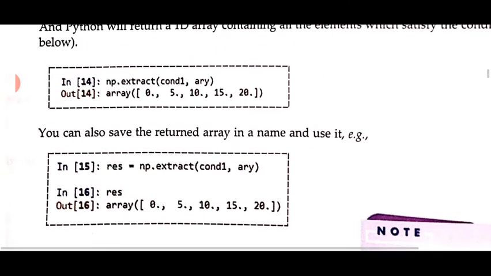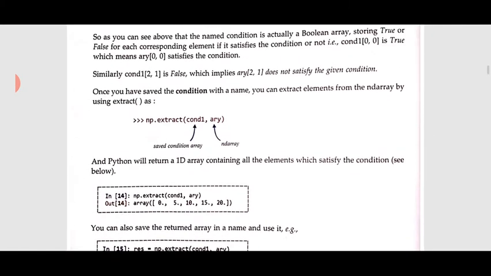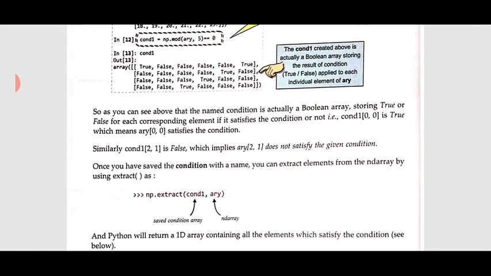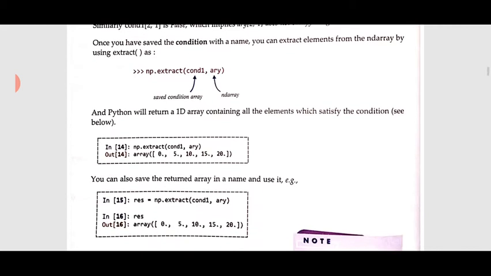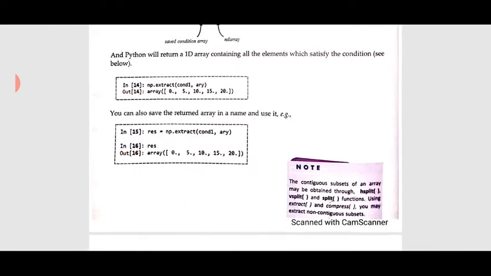For all these elements the value of cond1 is true. So what is this? These are not continuous. So this is extraction of a non-contiguous subset of an array.